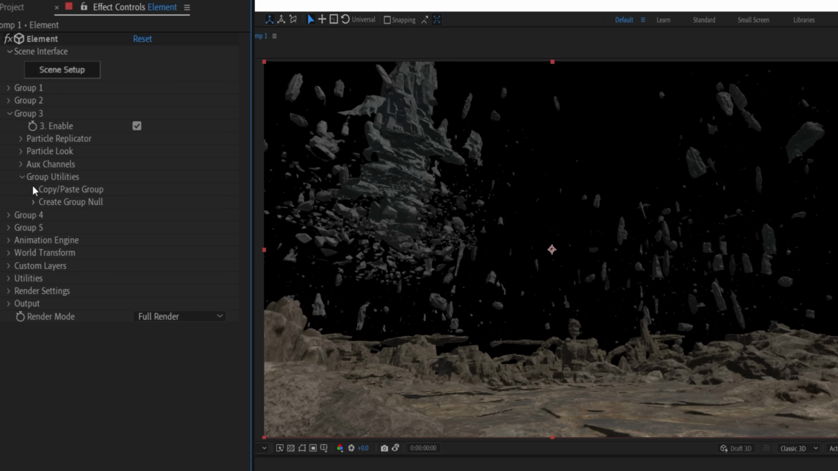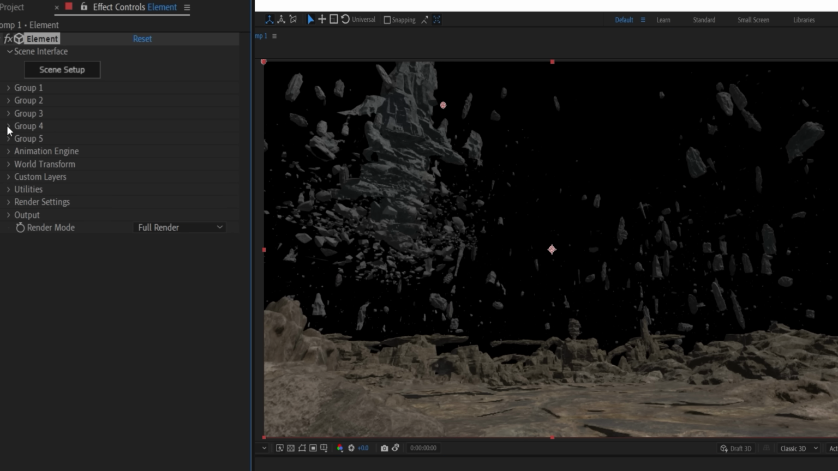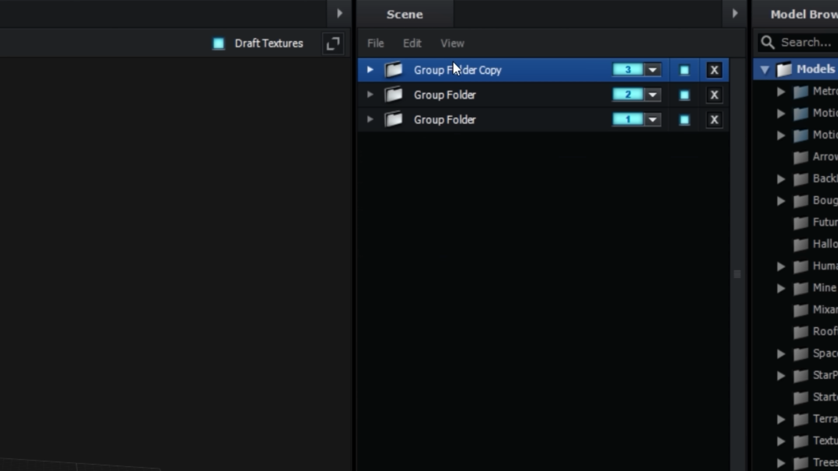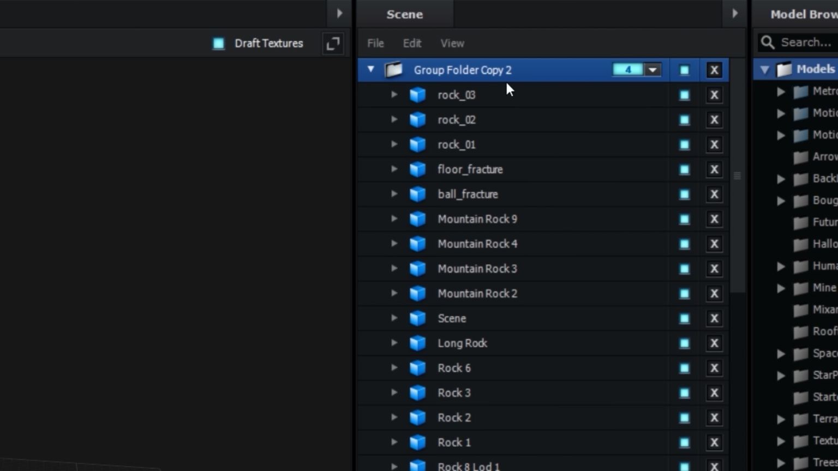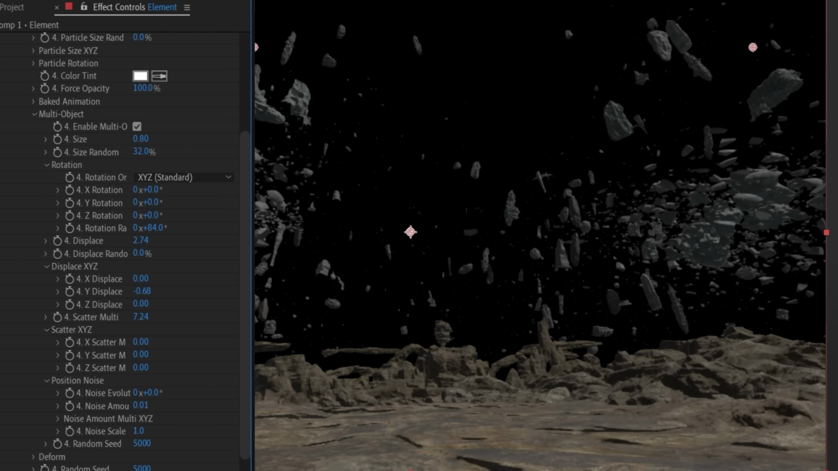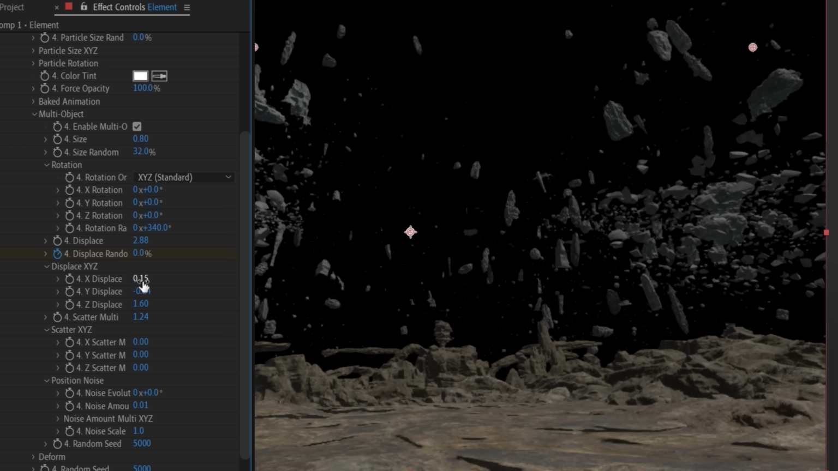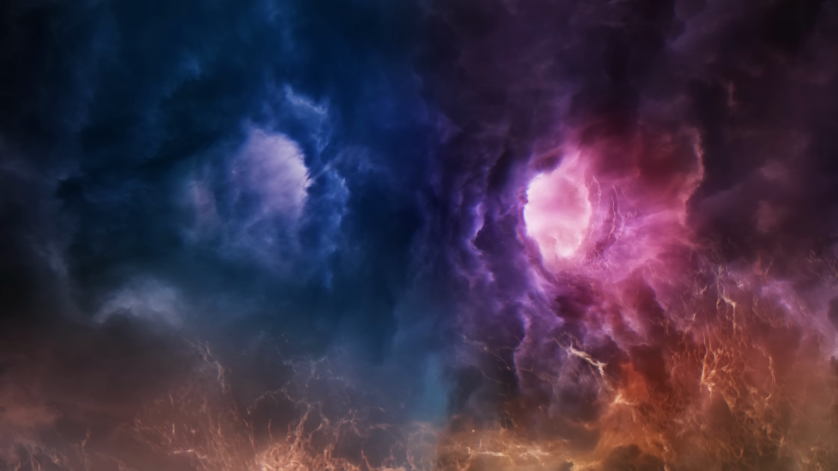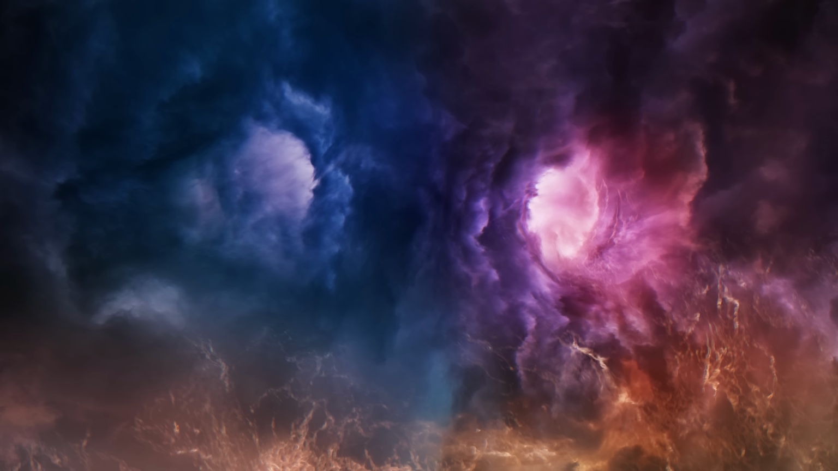To add another one to the right, we can copy the group utility and paste it in Group 4, then inside Element, duplicate again, changing to Group 4, and this time we'll hide most of the models to alter the look. Now change the replicator position, and once again going through the settings and set keyframes for some to add animation, giving us this. For the background, we'll be combining free stock images from Pexels and Unsplash, but before we do that,